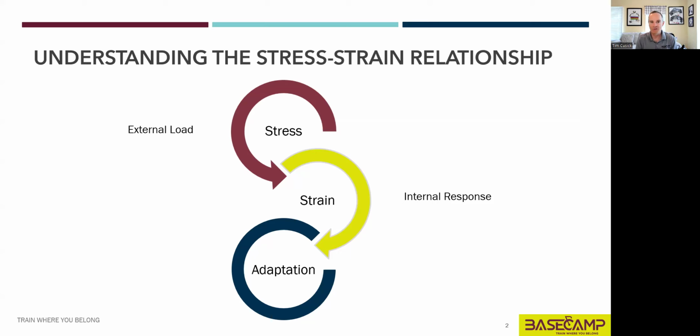You're going up that hill at 400 watts. Your heart might be racing. You might be breathing really, really heavy, right? So the external load would be the watts, and the internal strain would be something like heart rate or respiratory rate or other things. But I'm going to give you examples. If we apply the right external load, get the right internal response, we adapt, we get a desired result, bigger,